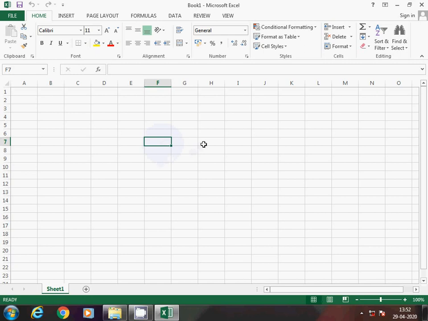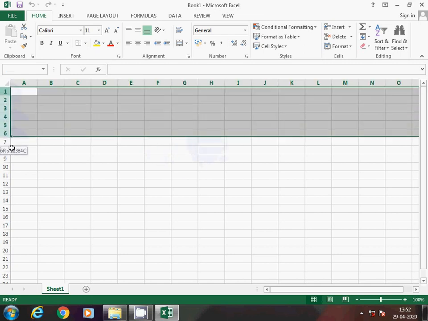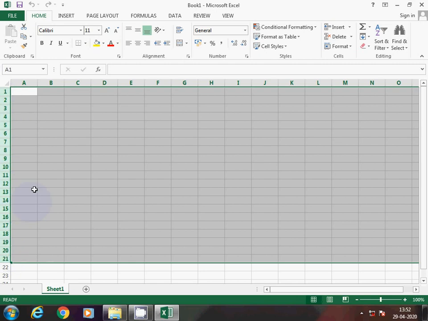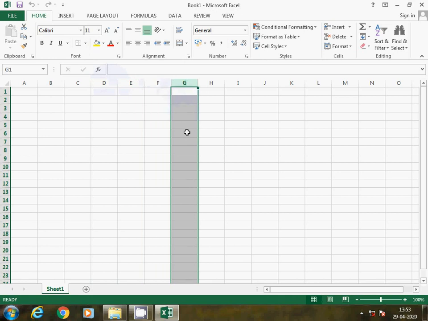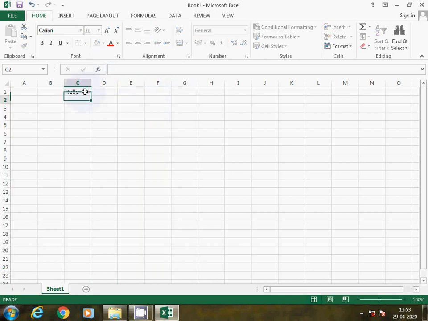The horizontal identities of worksheet are known as rows, and the vertical identities are columns. If you are writing something here, this is called vertical data. This vertical data refers to column.